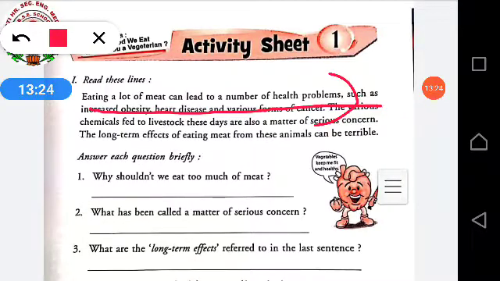And the PDF with the correct notes of this activity sheet you'll get on Saturday, or next Monday or Tuesday. You will get your PDF of the notes related to this activity sheet 1. Till that time, complete this activity sheet by yourself, up to where I have explained. Solve it and keep it. And when you get the correct answers, you can check whether your answers are correct or not.